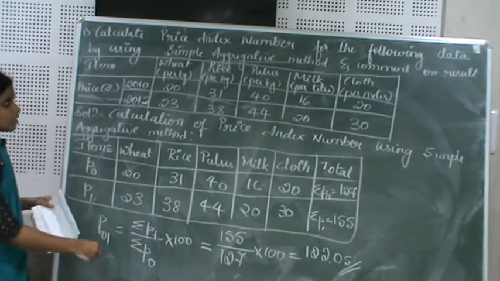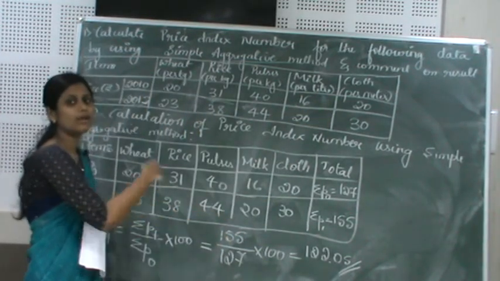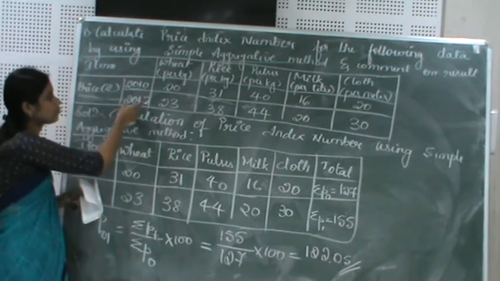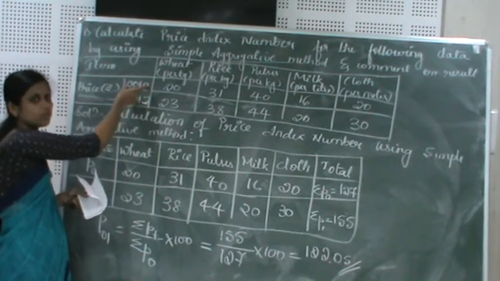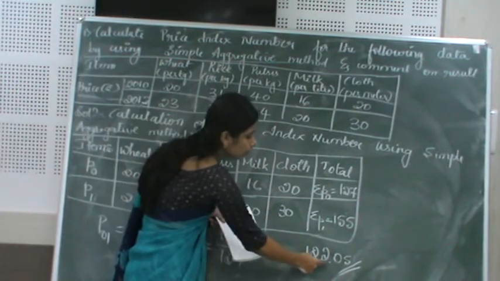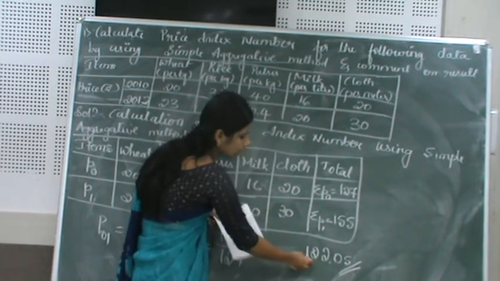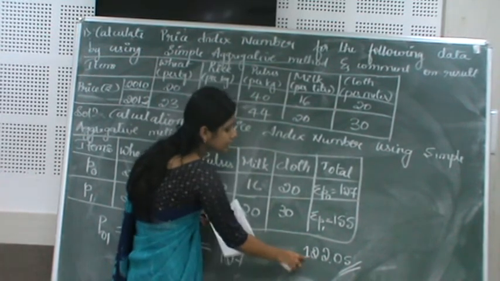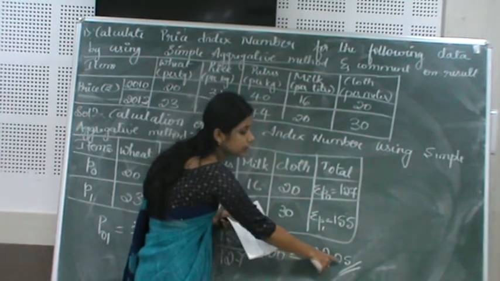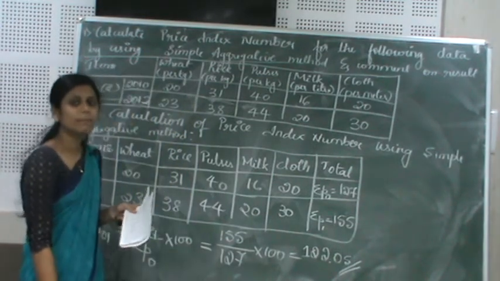After calculation, you are asked to comment on the result. This is the result and you have to comment on it. When you compare the prices of 2012 with the prices of 2010, you can see the increase of 22.05%. As it is given in percentage, base year index will always be equal to 100. So there is a 22.05 increase in the prices when you compare the current year price with base year price.